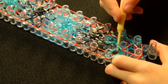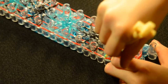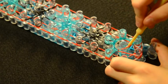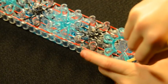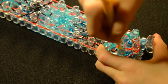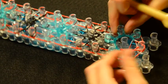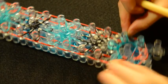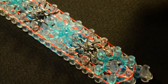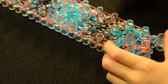Now grab the two that go to this side. And grab the two that go over here. So it kind of looks a little bit like the Starburst, but doubled bands and no capping band. But make sure you follow this video because sometimes you can make mistakes and it will mess up the whole